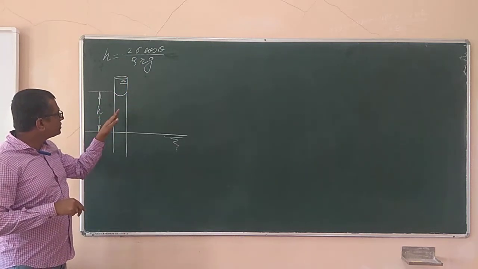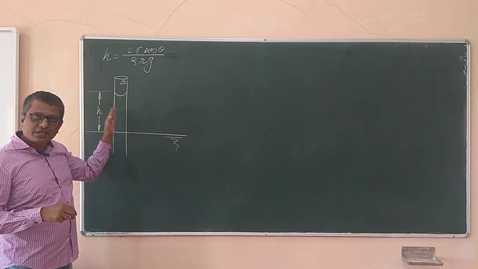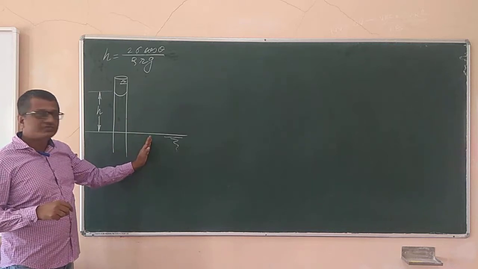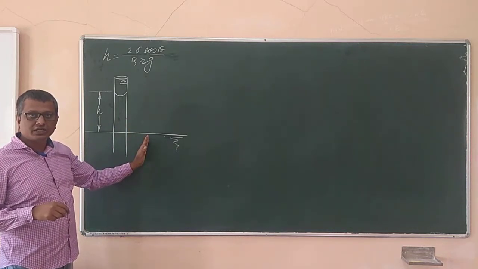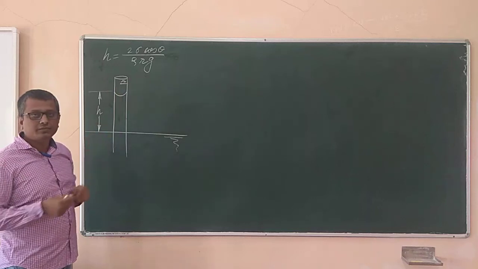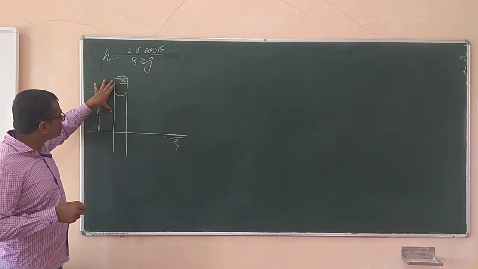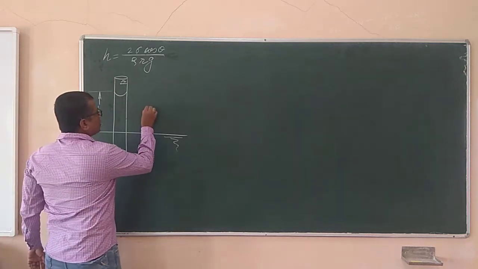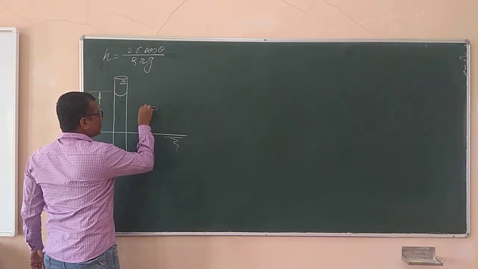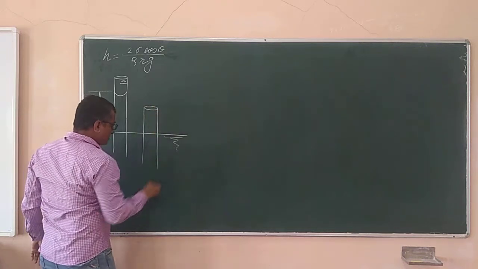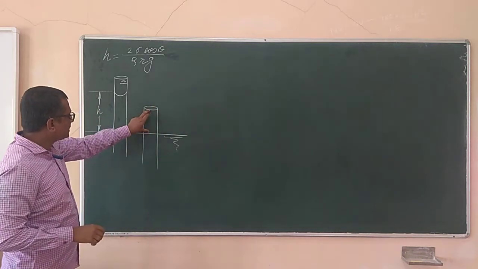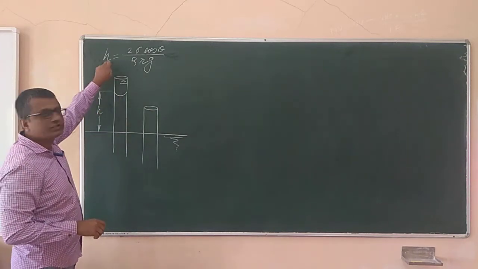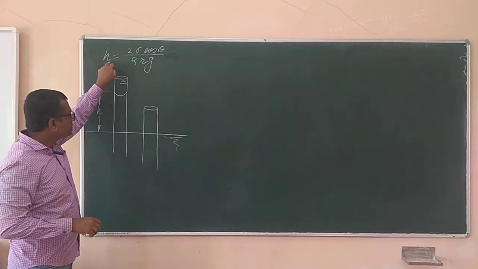But if I take the same capillary tube made of the same material, same diameter or radius, and put it into the same liquid of the same rho, that is the density, and at the same place, obviously g will be the same, but with such a position that I keep this capillary tube so that the overall height of the capillary tube above the free liquid surface is less than the rise of liquid level that we are getting with the aid of this formula, right?